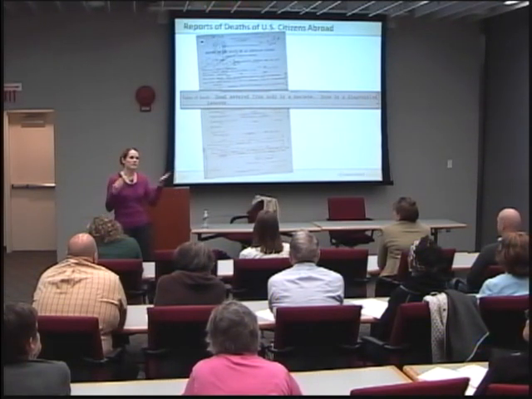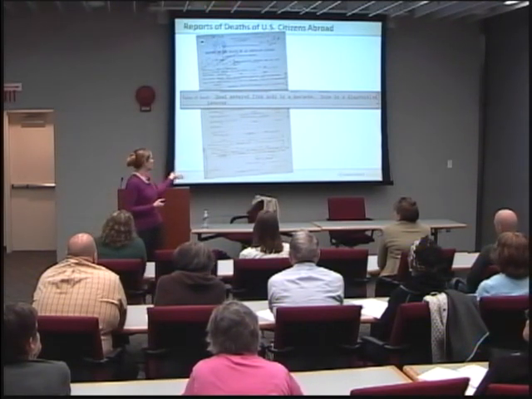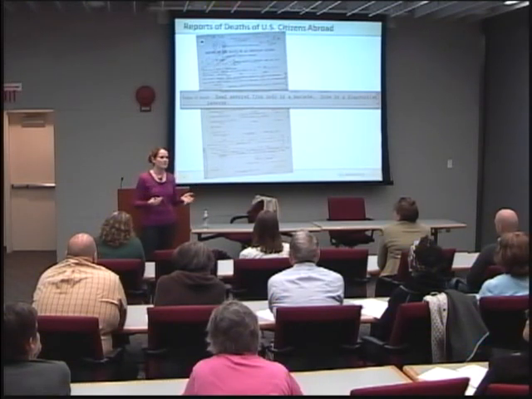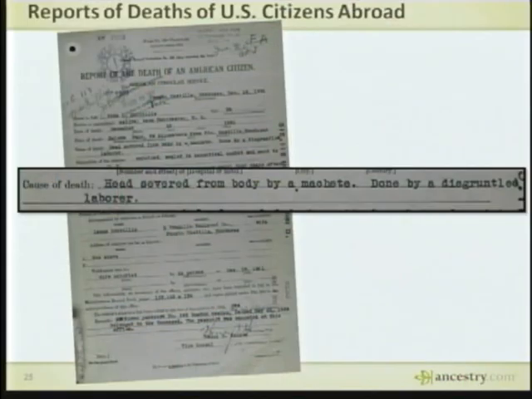Like I went back, and these records are giving us stories. And that's what family history is all about. It's the stories. So for this individual, let's go back and figure out why he had a disgruntled employee. Why was that employee wielding a machete? Let's figure out what's going on. What's the story behind this?